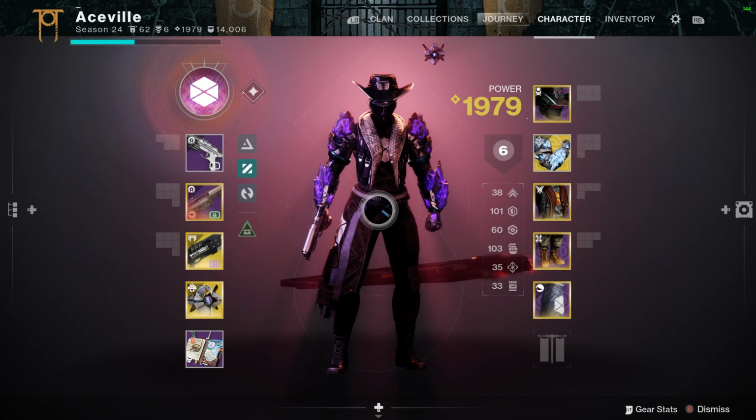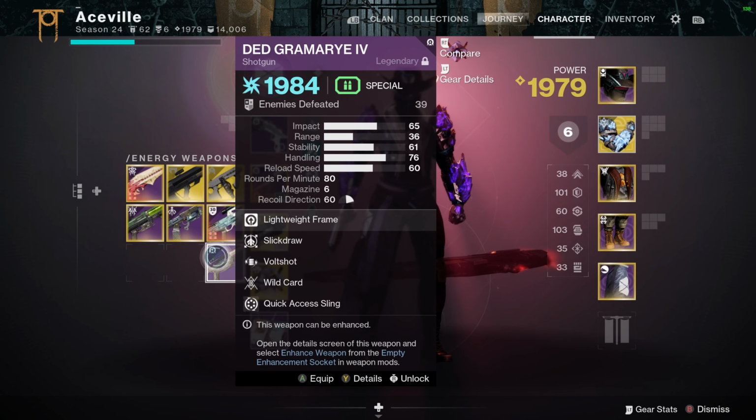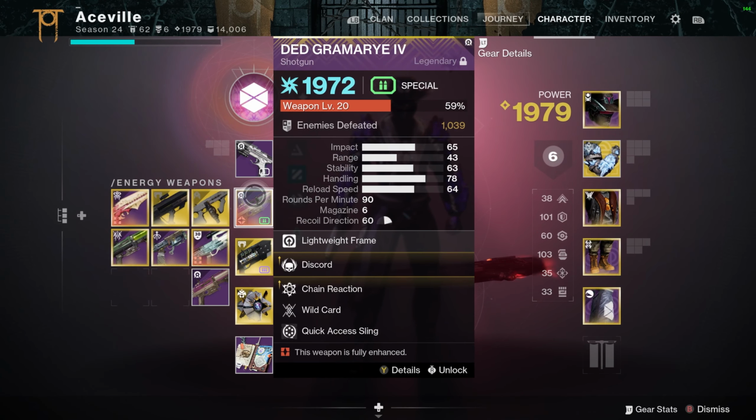So a couple weeks ago, I got this shotgun to drop from a world drop. I'm sure you've probably heard of it before. It's a Ded Gramarye IV. I think I'm saying that right. I got a couple versions to drop here, and I really want to make a video on this because